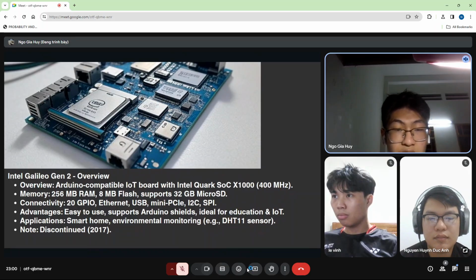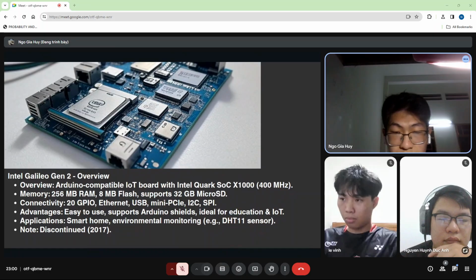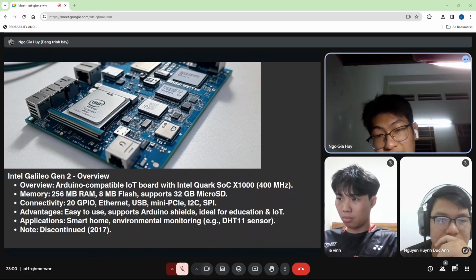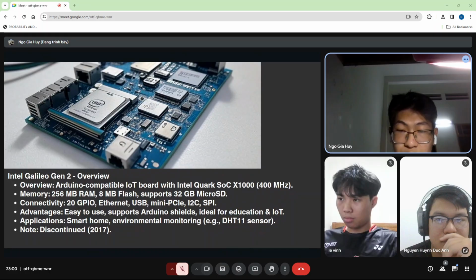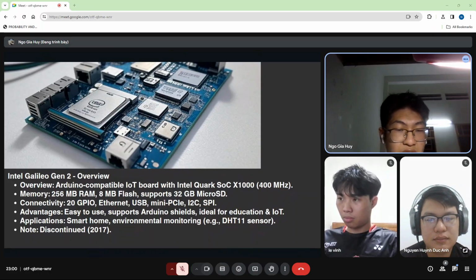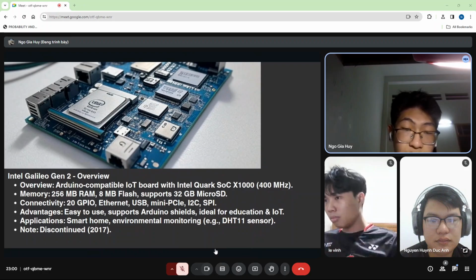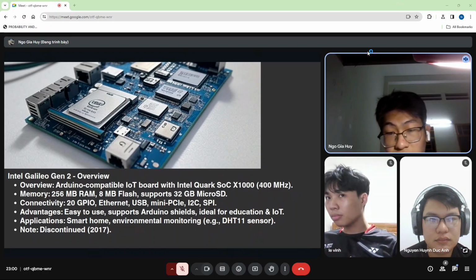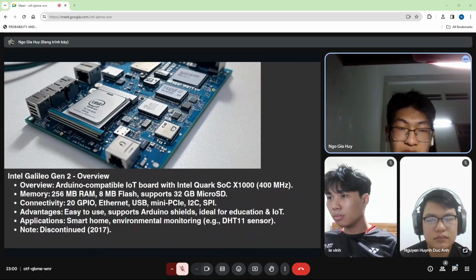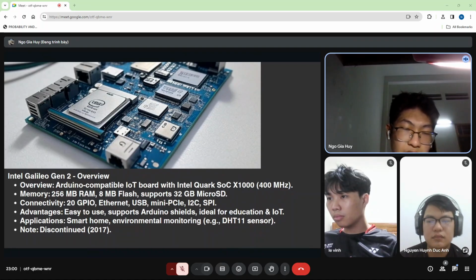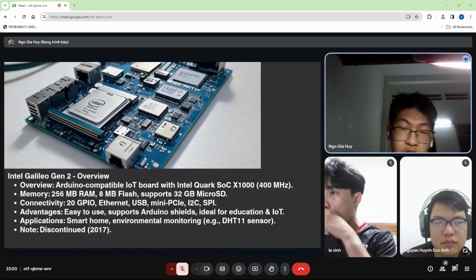Connectivity: 20 GPIO, Ethernet, USB, mini PCIe, I2C, and SPI. The advantage is that it is easy to use, supports the Arduino shield, and is ideal for education and IoT applications,